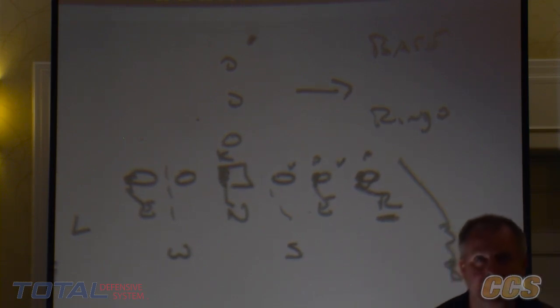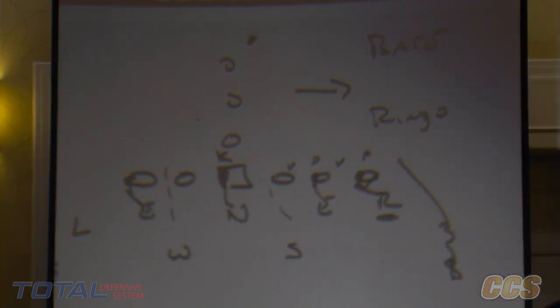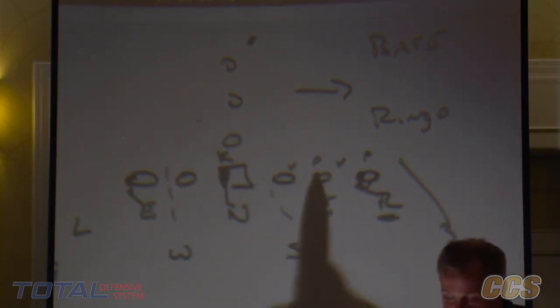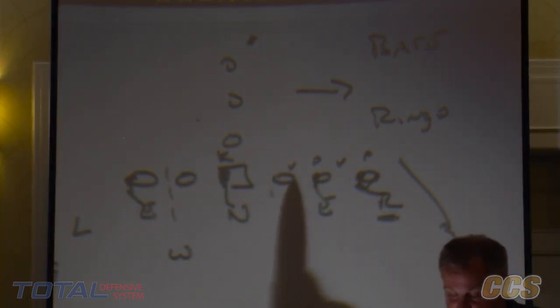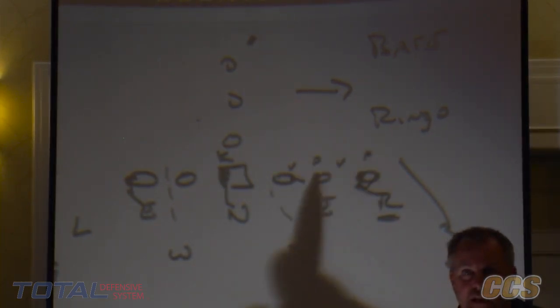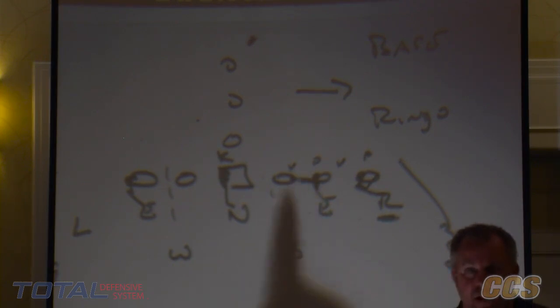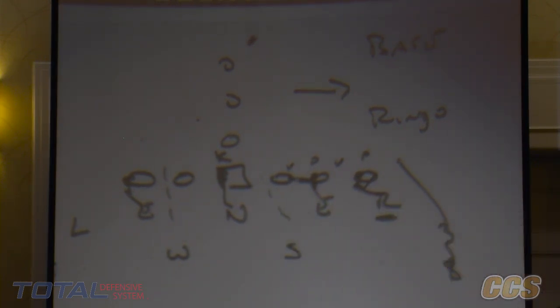Visual key, are you saying that's where his eyes are? Eyes are. He's attacking here, and he wants his hands on that tackle, but he's got to get his eyes. If that guy comes there, he's got to play the inside of his gap. So now he's got to really step back into that. All right, so once this visual key comes to him, and we say play the inside of your gap, he's got to step off the physical key. We want to try to hold on to it, but we got to get him to protect himself so he doesn't get washed out. Because if he stays on this guy,